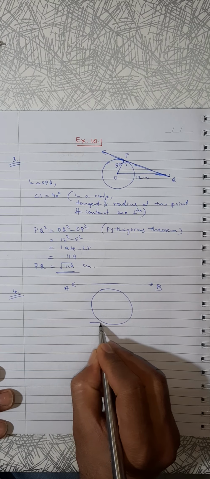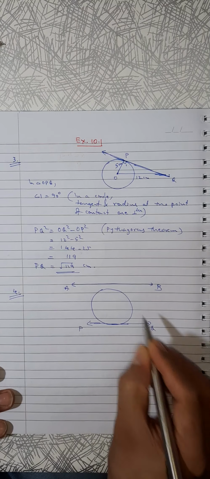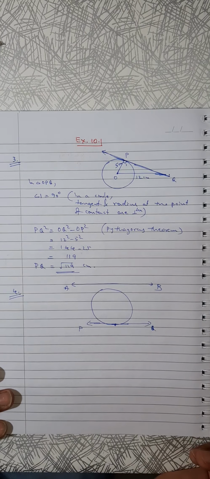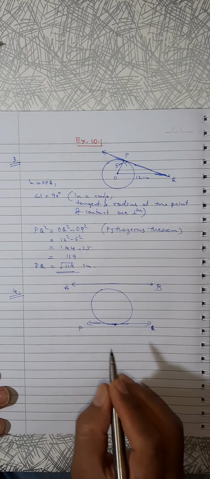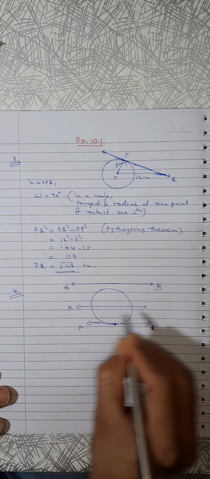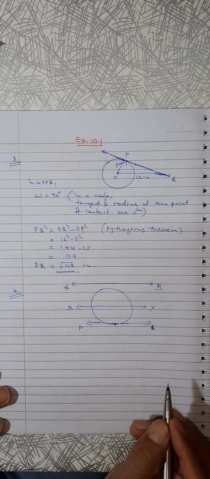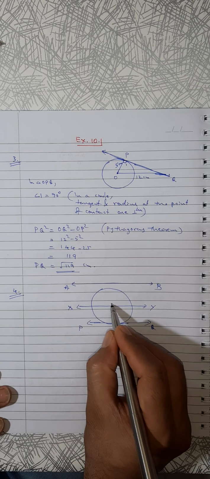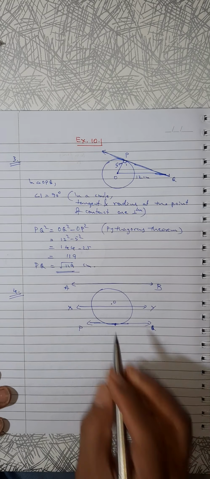So I can draw a tangent here, tangent as well as parallel. So PQ is parallel to AB as well as tangent also. Tangent because it is touching at only one point. And one is a secant. Secant means it has to cut the circle. So I will say XY is parallel as well as passing through the circle. Not a diameter, it is not necessary that it passes through the center O. It can be anywhere.